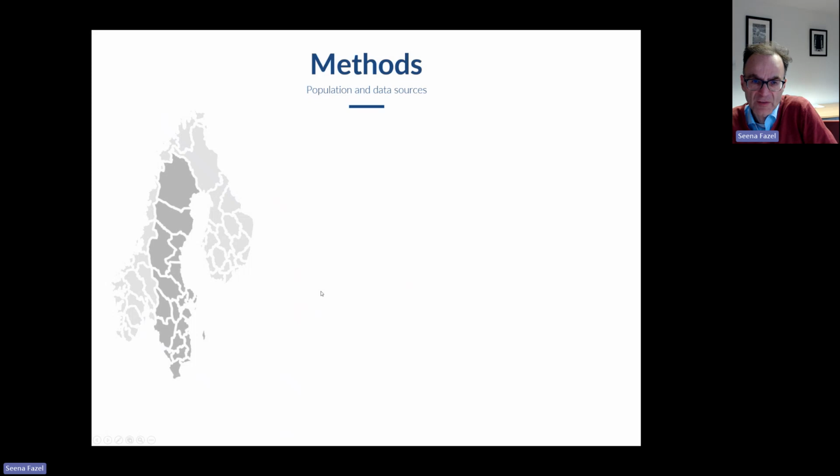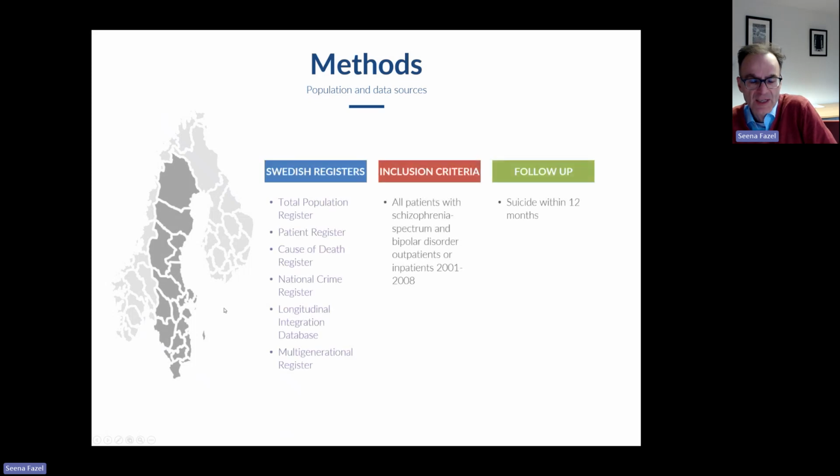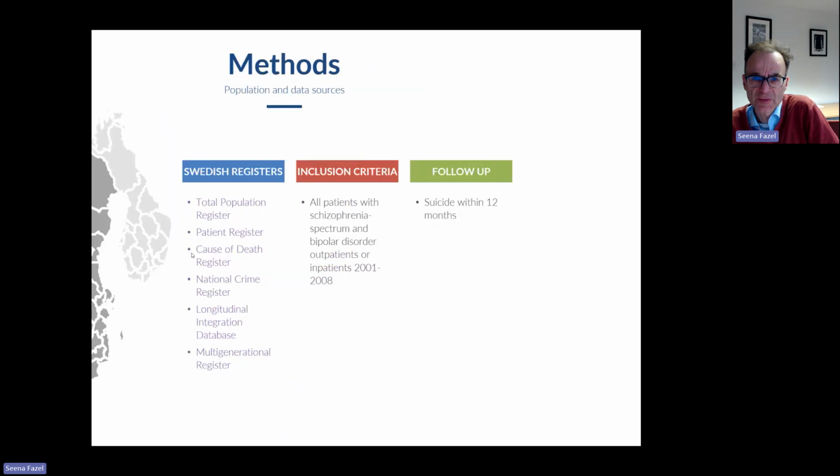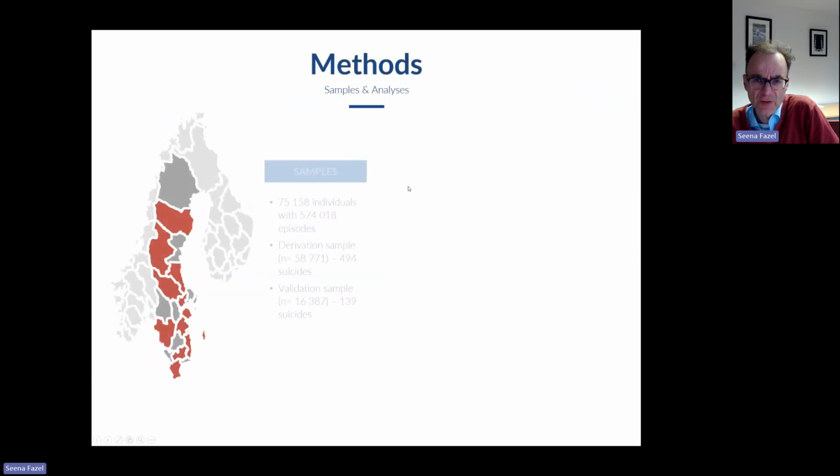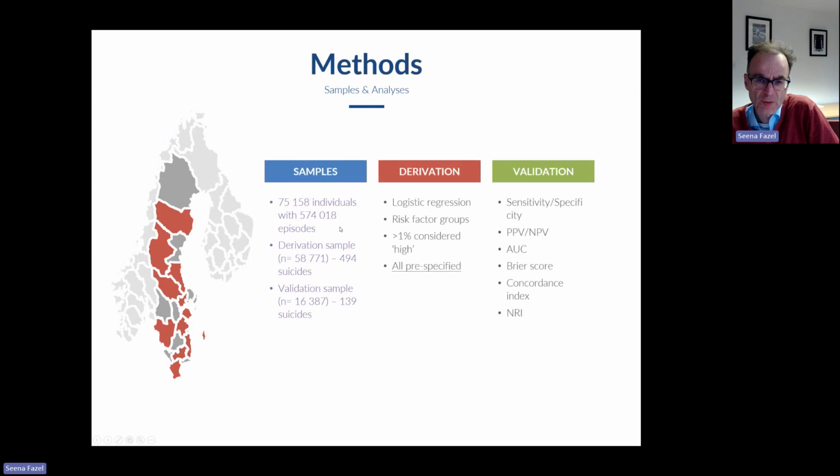And what we've done to develop these tools, we've gone to the best-in-class country to develop these models, which is Sweden, because Sweden has these registers which have been in existence from the 70s onwards, which are very high quality, which are linked across different databases and linked very accurately using 10-digit personal identification numbers. And they enable you to do this type of development and validation. So for Oxmith, the tool we developed for violence in people in general psychiatry, we used a large sample of 75,000 people who had over 500,000 episodes of healthcare,